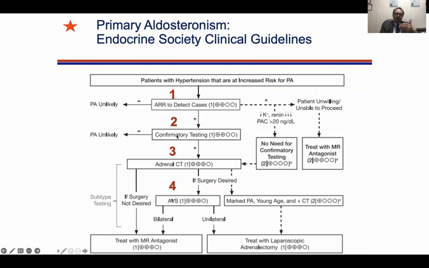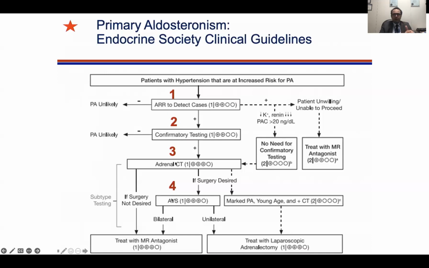Then you should go for confirmatory testing with an oral or IV saline salt loading test. For example, in the IV saline infusion, we give 2 liters over 4 hours and then measure the aldosterone. If it is still 10 nanograms and above, that confirms it. If it is less than 5, it is excluded. If it is between 5 and 10, this is the gray zone, but it may be hyperplasia that leads to primary aldosteronism. But once we confirm it,